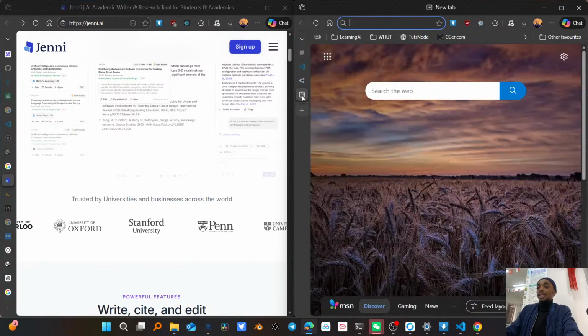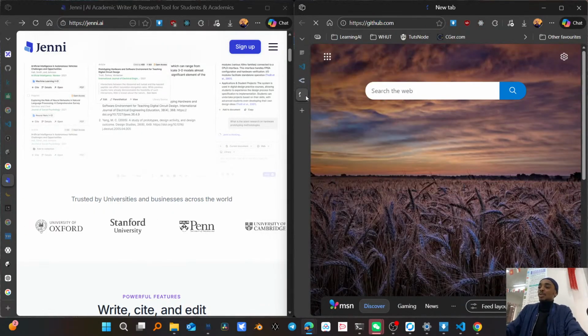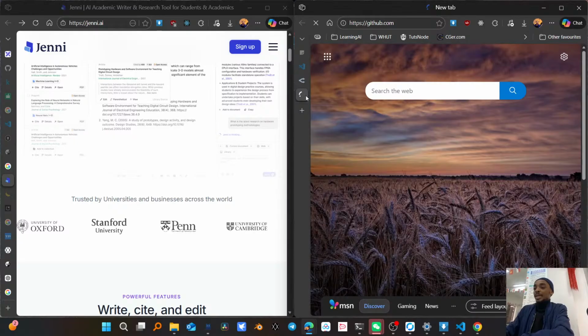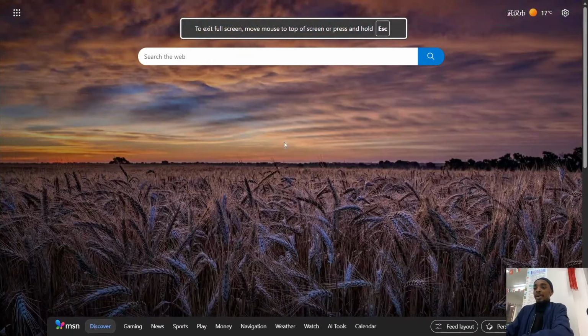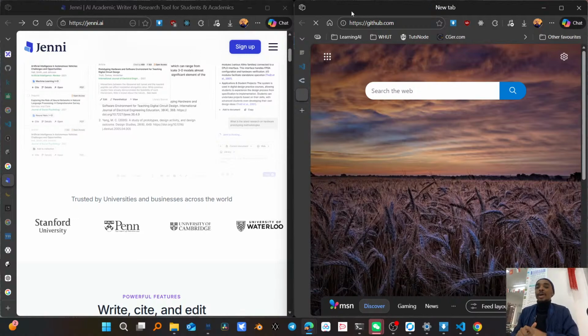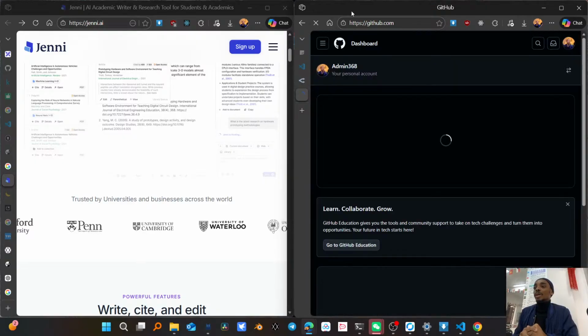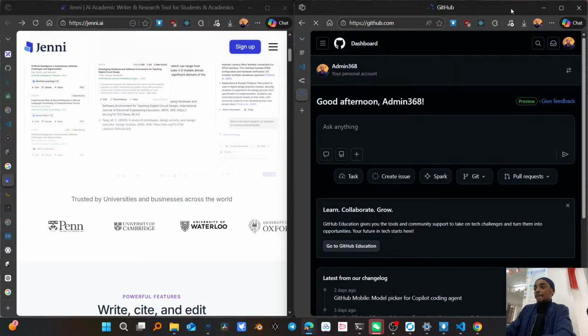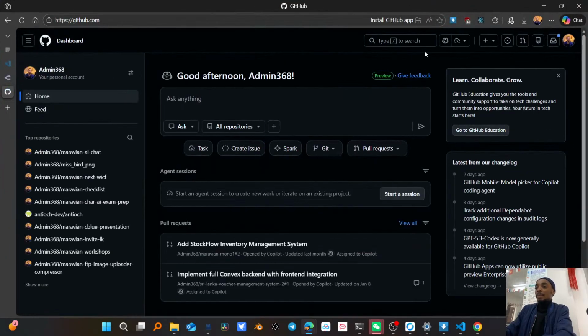GitHub, in general, if you don't do computer science, you might not necessarily need to know a lot about it, but practically it's a place to store your code. But it's a big company, so they do so many other things, right? But what we're looking for here is their education program, okay? So their education program, when you log in,